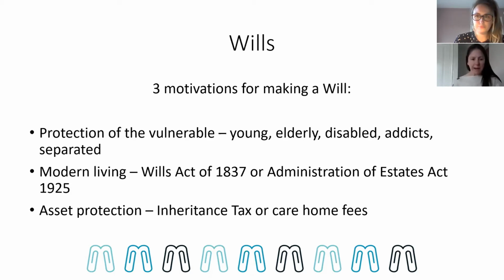Vulnerable people come in many guises. So those with young children, first and foremost, should make a will. Many reasons for doing so. One is to stipulate the age at which you think your minor children should inherit, particularly if you feel that the statutory age of 18 is too young. Secondly, your will can then appoint executors. They're the people who will be responsible for managing the funds till your children get to the age that you've stipulated. And thirdly, for the appointment of guardians, and they're the people that manage your children and look after them if there is nobody with parental responsibility left living.